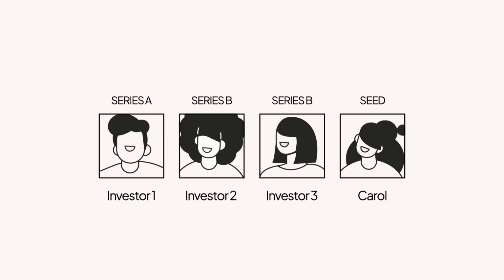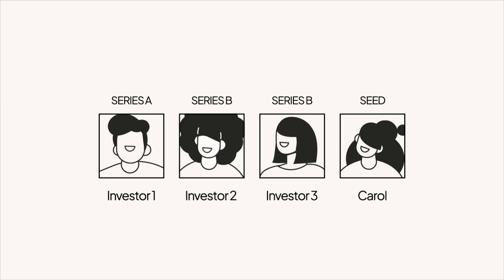Here's what the whole thing looks like. All in all, you've now got 4 major investors. You've got investor number 1 from the Series A, investor number 2 and 3 from the Series B, and of course, Carol from the seed round. Okay,